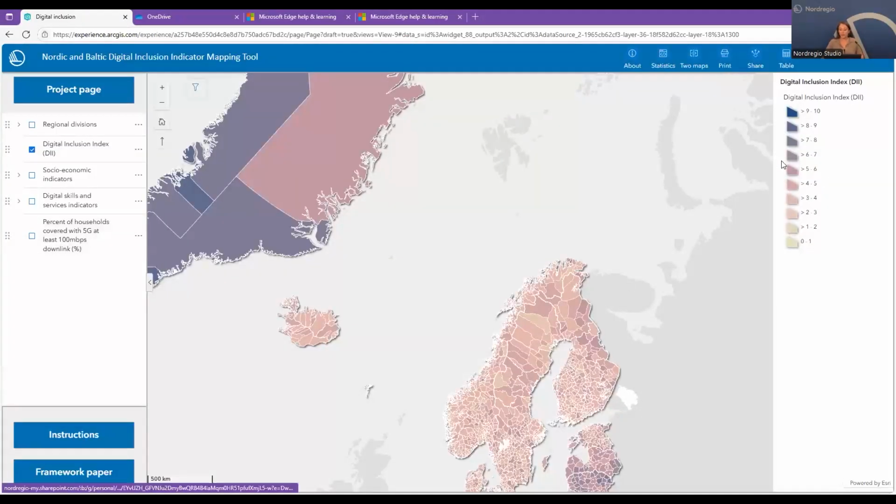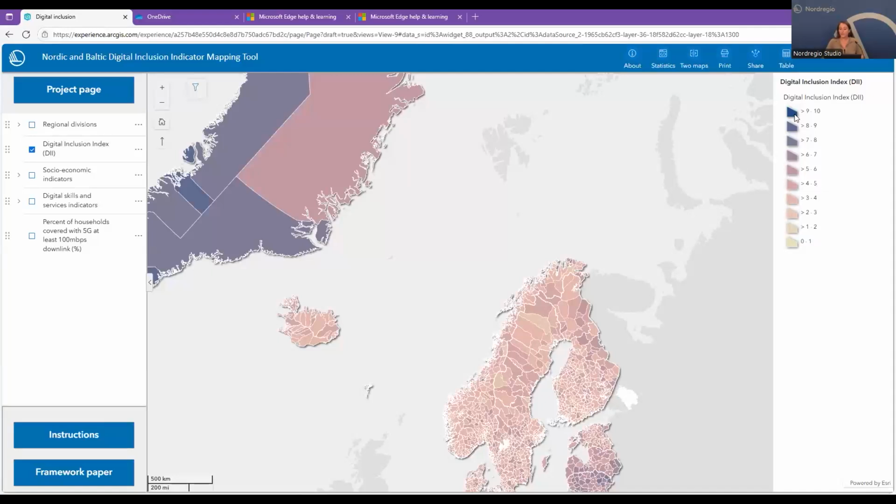On the right panel, which is connected to the left panel, you see the legend of the layers that you have selected. For example, right now I have the Digital Inclusion Index. On the right side, you can see the color scheme and which color the value of the index corresponds to.